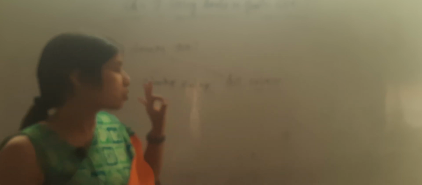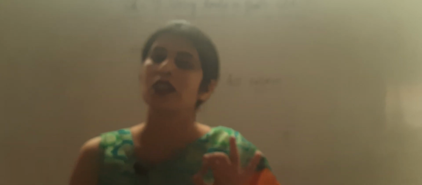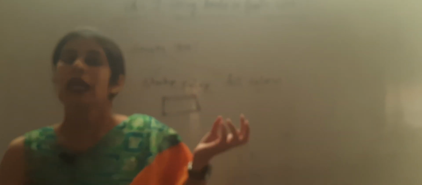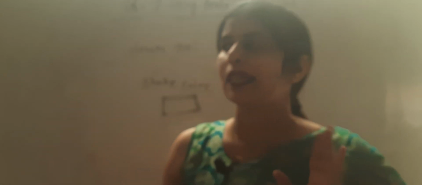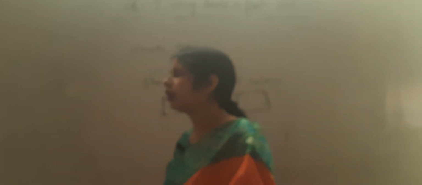Now, the stroke color option means if we want to focus on the boundary, on the outline, we will use the stroke color option. And if we want to fill color in an area, we will use the fill color option. There are two options of the color tool: the first is stroke color, the second is fill color.